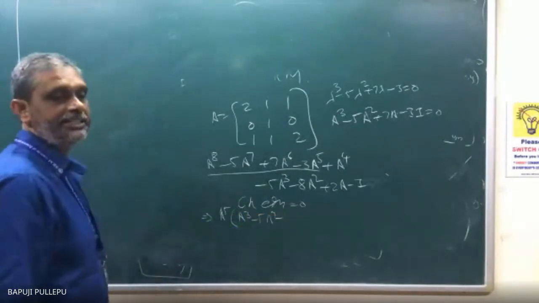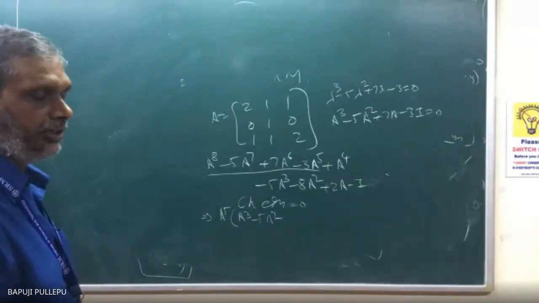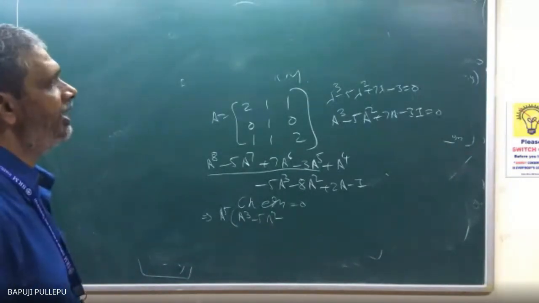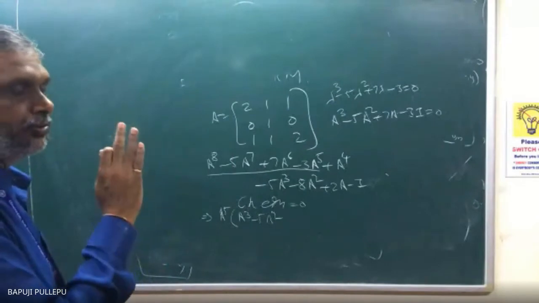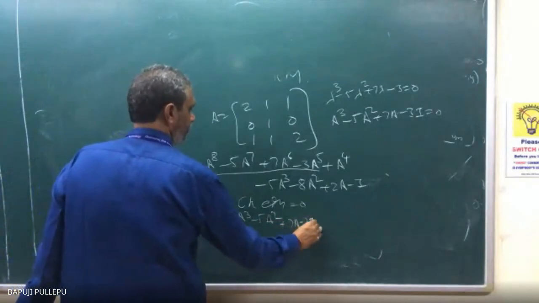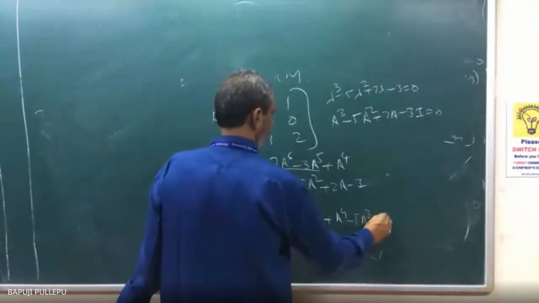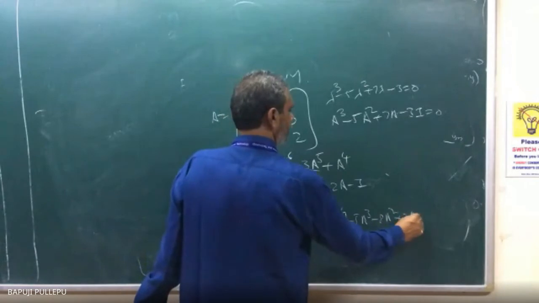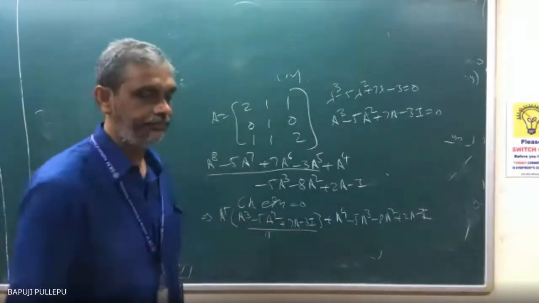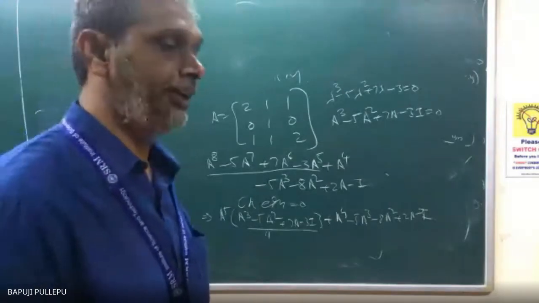If they ask big expressions, like that you have to attack. Your aim is always to bring it to third degree or below, and then you can stop. Up to third degree, I have some equation in my hand. So try to solve. 5A square plus the same thing, A power 4. So this is equal to 0 by Cayley-Hamilton theorem. See, how many terms I escaped? 1, 2, 3, 4 terms I escaped.